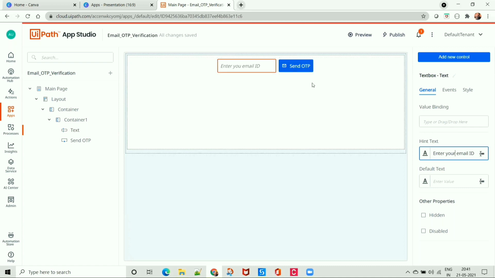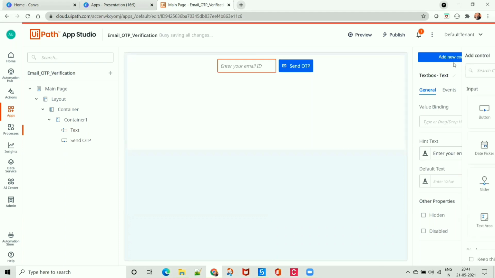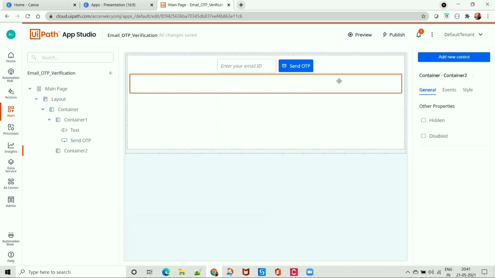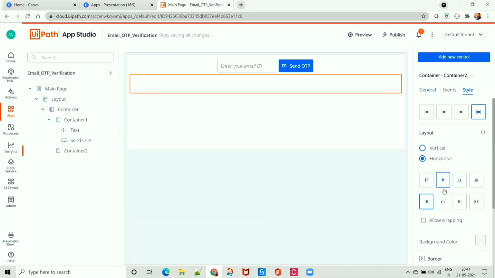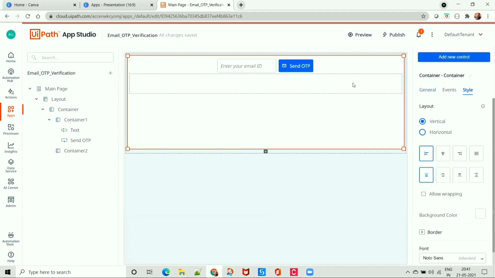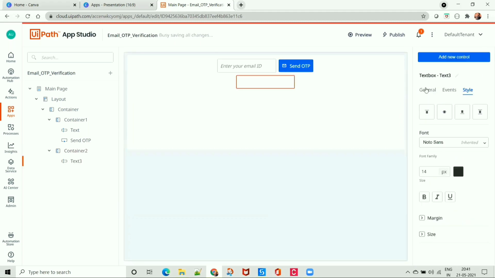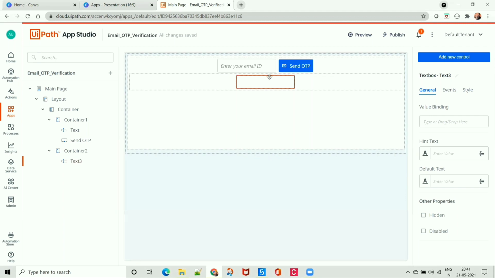So after that, we have to allow the user to enter the OTP and verify. For that, I will drag a container below this container. And again, I will make the alignment horizontal and center. Similarly, I will drag one more text box, where the user will enter the OTP.